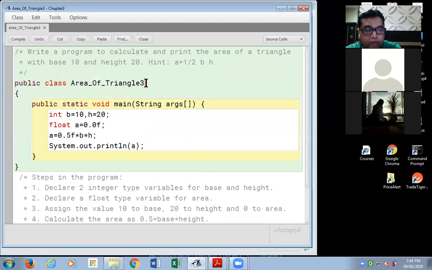I change it to 3. The question is the same. Write a program to calculate and print the area of a triangle with base 10.5, height 20.25, and hint area, the formula for calculating area we've given you. Public class area of triangle 3, public static void main, curly braces.